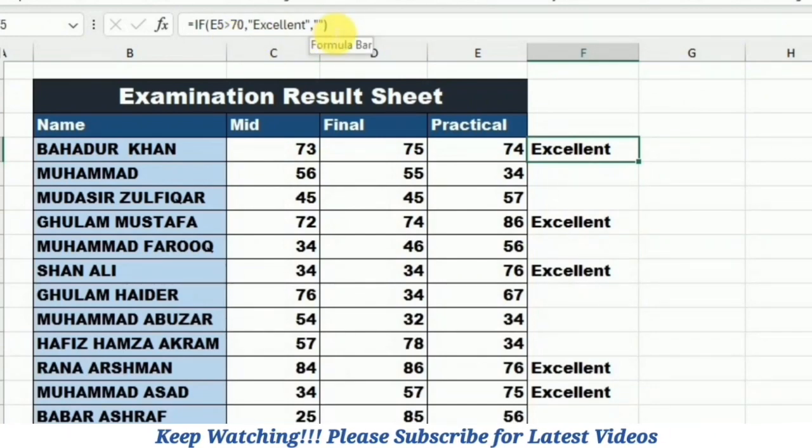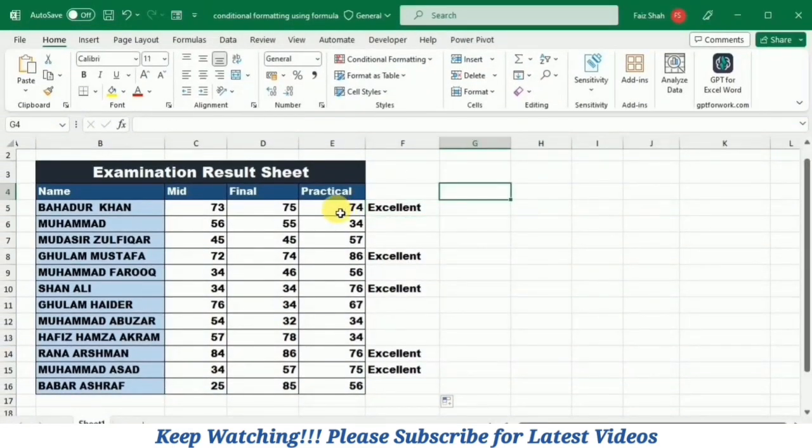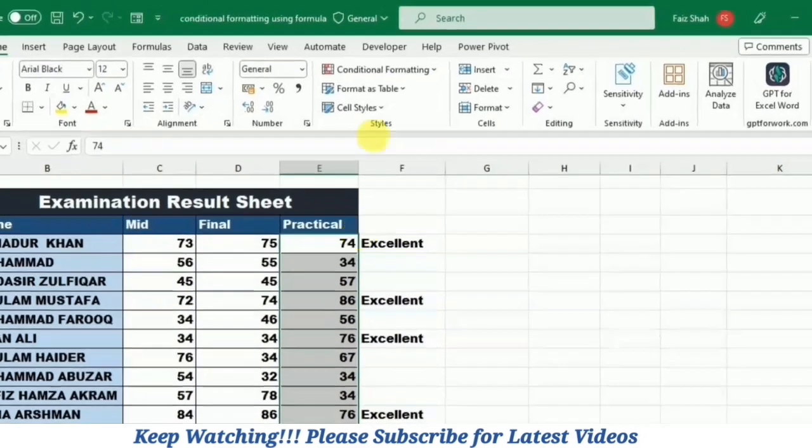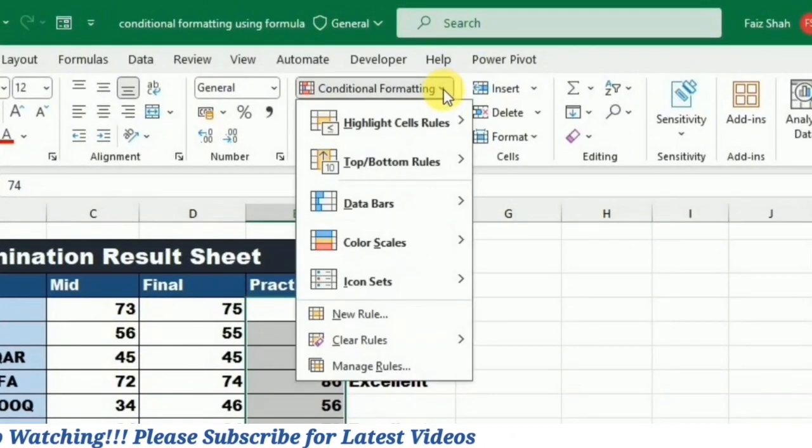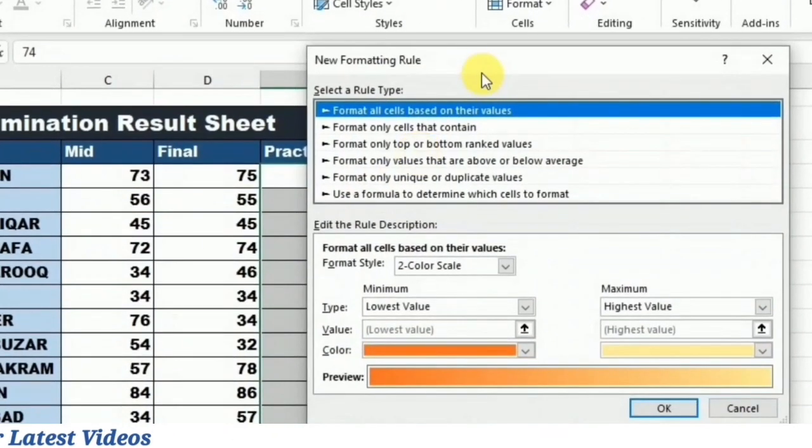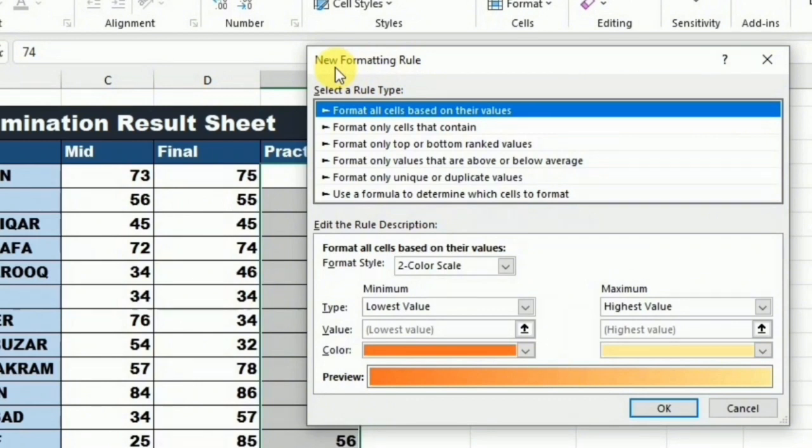So how can we do this? Let's learn it. To apply the conditional formatting, first I have to select the data and then go to the conditional formatting, and here I will select the new rule. When I select the new rule, a new window opens, and again in this window there are several built-in options, which are quite similar to the ones that we have seen earlier. So the only thing that we will be learning in this tutorial is the use of a formula to determine which cell to format. I will select it,